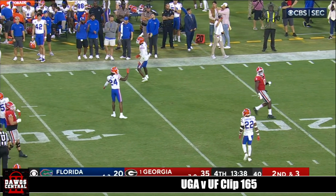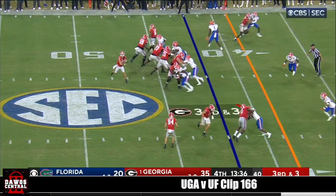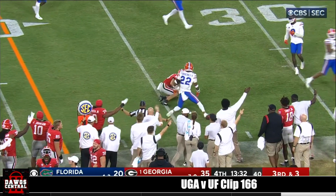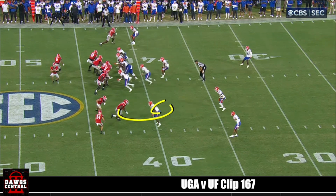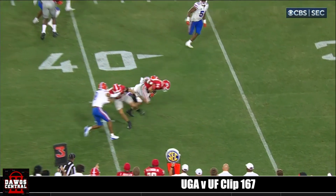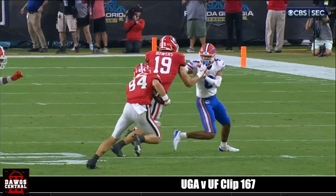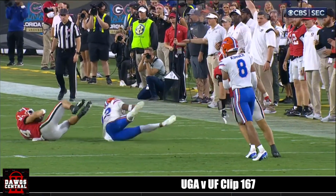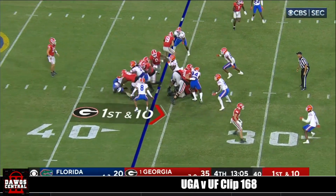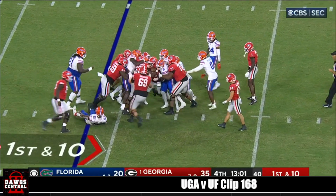Going for Darnell Washington, just kind of Florida's front with a shift defensively, and they're going to bring an extra man. McConkey, wide out screen, got a block that time from Bowers. He'll get this one, and then Bowers kicks out. That's pretty nice. It looks like you go trips formation with two of your best blockers out there. McIntosh in the backfield with Bennett will get the carry. He's had some big runs in the second half after that fumble. This time